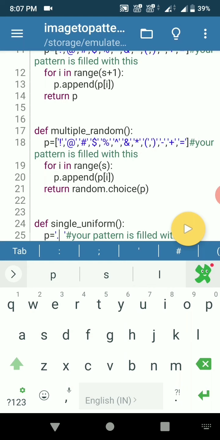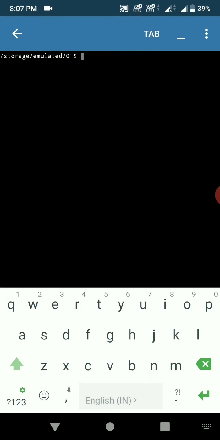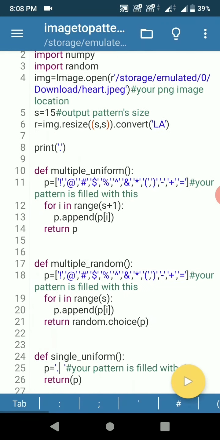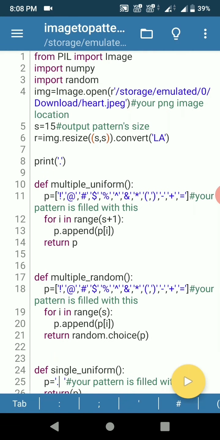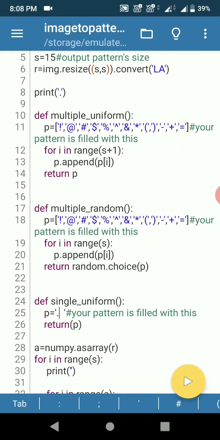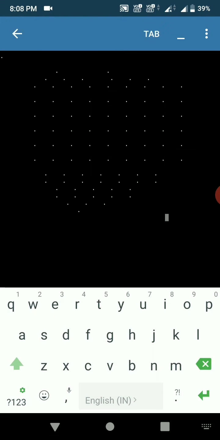So if you don't know how to add a path in Android, then navigate to the terminal. Here you can see the root directory path. Copy paste this here and add the folders and files. Here I have them in the downloads, so I added downloads heart.jpg. That's the file name. I'm clicking the play button and I'm sure the output won't be perfect